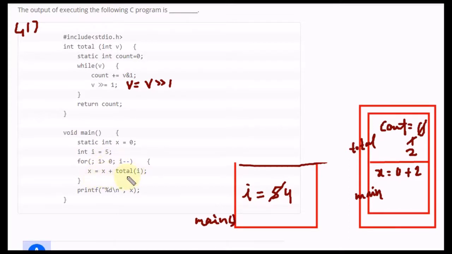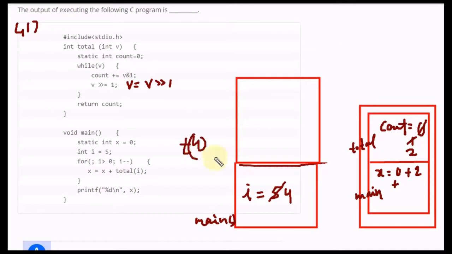So again we add some value to our x, so the total function will be called, this time total(4), so the v value will be 4. The static declaration will not be executed again.